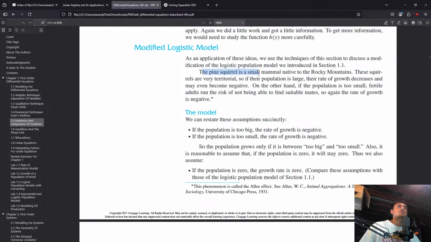The pine squirrel is a small mammal native to the Rocky Mountains. These squirrels are very territorial, so if their population is large, their rate of growth decreases and may even become negative. On the other hand, if the population is too small, fertile adults run the risk of not being able to